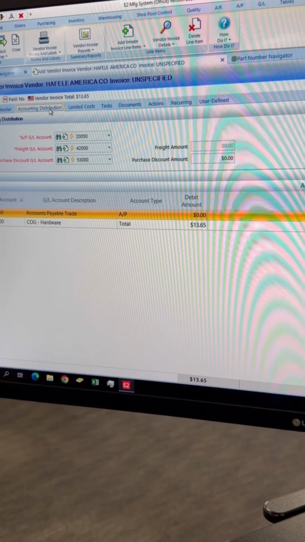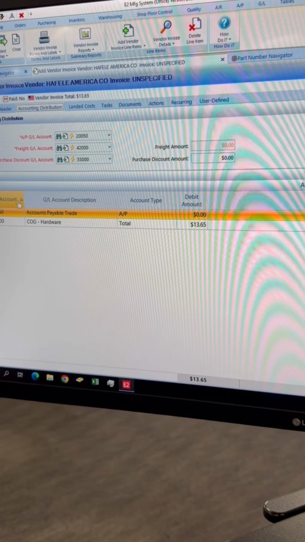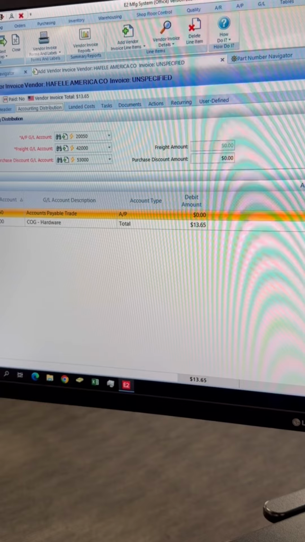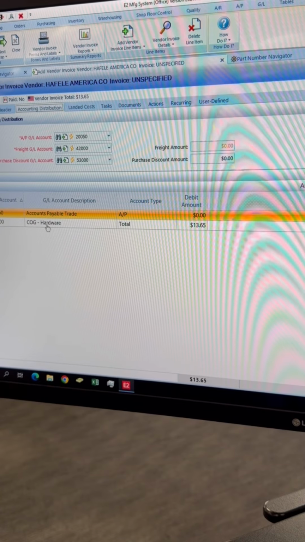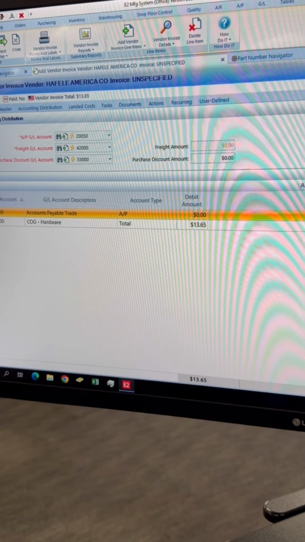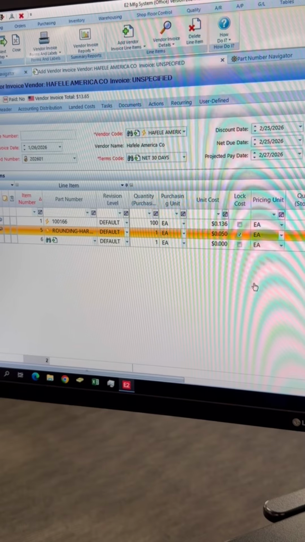And if I go to the accounting distribution, you'll see that the inventory account for hardware is not there. It's only using the cost of goods, which is what I want. So that way I don't have to do all that extra clicking, all that extra stuff,